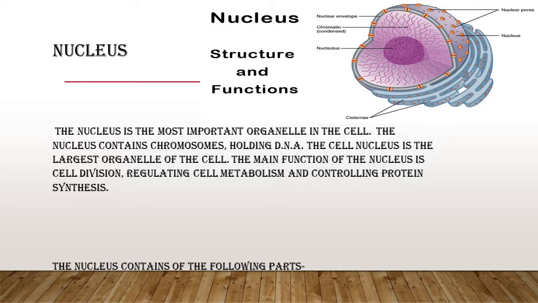Now, two basic components of the cell we have already discussed, that is cell membrane and cytoplasm. After that, the next basic component of the cell is the nucleus. It is a very important component because it controls the function of all other cell organelles present in the cytoplasm. The functioning of all these organelles is controlled by the nucleus. The nucleus is generally spherical, dense, granular and located in the center of the cell.